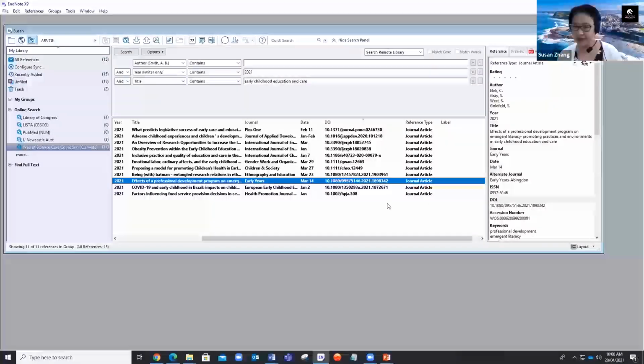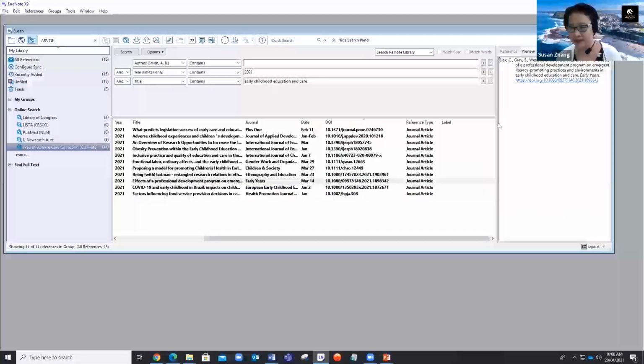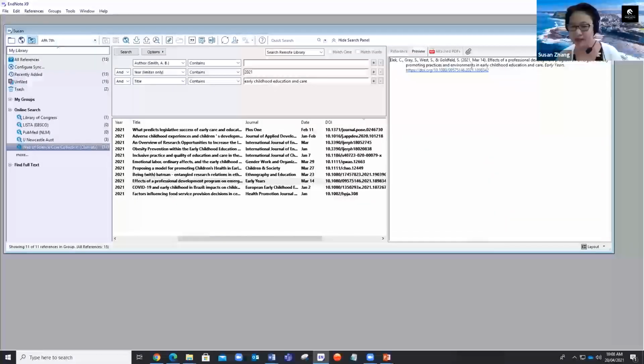And then I can have a look at what it looks like in APA style. I can see from the citation, in the year field, the date information is also available there. For journal articles, we don't need the date. So what I can do is,